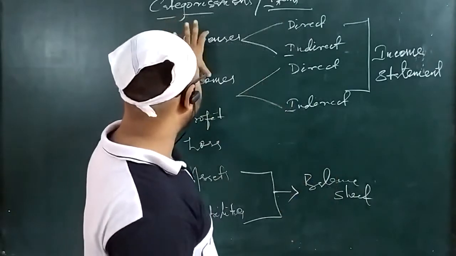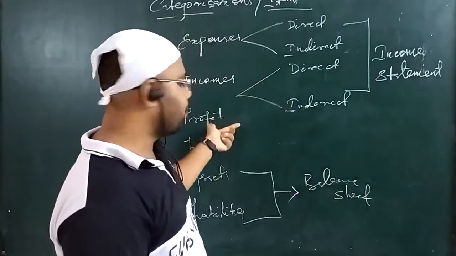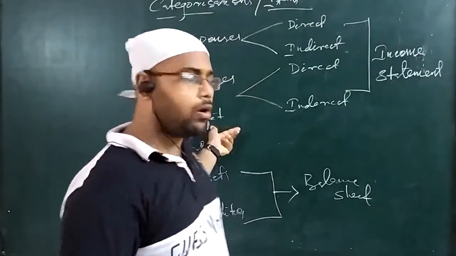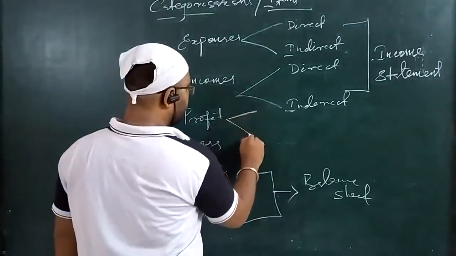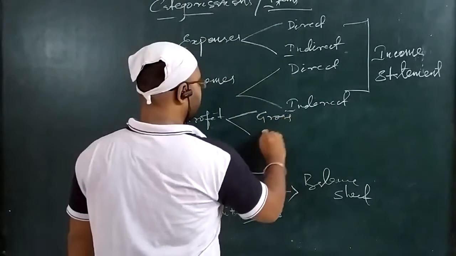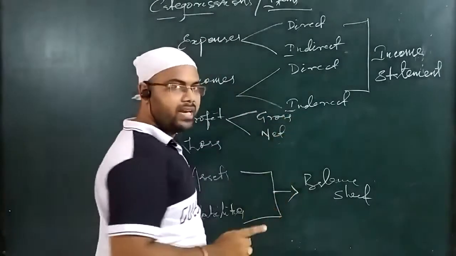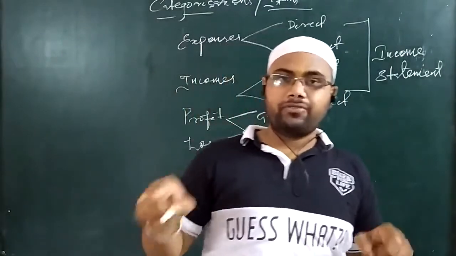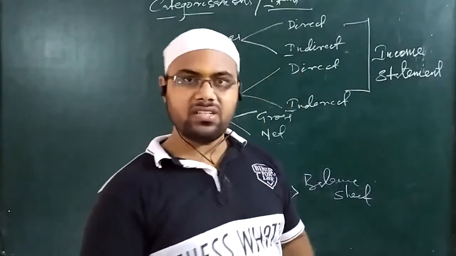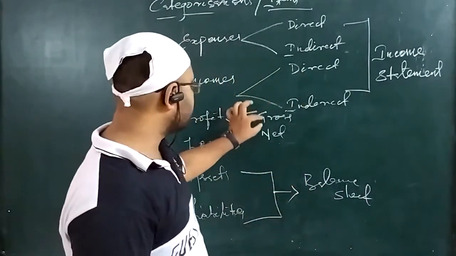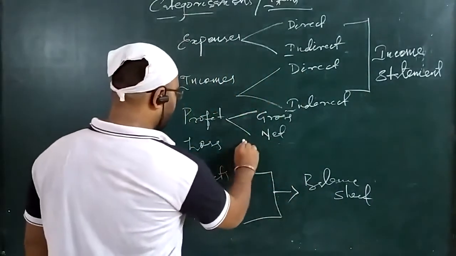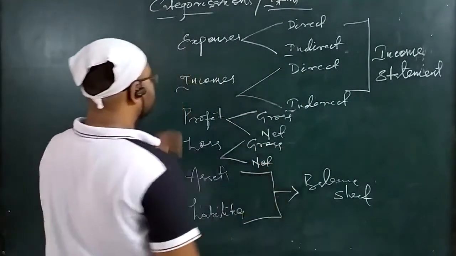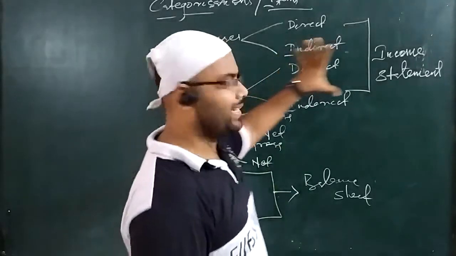So when you compare these 2, you get either profit or loss. So there are 2 types of profit you are getting in your final accounts. What are the 2 types of profit? That is gross profit, net profit. Okay. Here I am not telling you the nature of profit. Here we are discussing the type of profit that we get in the preparation of financial statements. That is 2 types of profit: gross profit, net profit. Similarly, if you get loss also, 2 types. That is gross loss, net loss. Okay. So this is the information about the income statement.